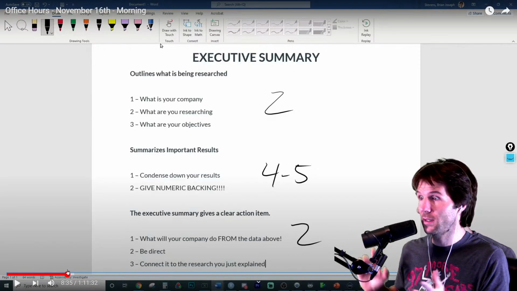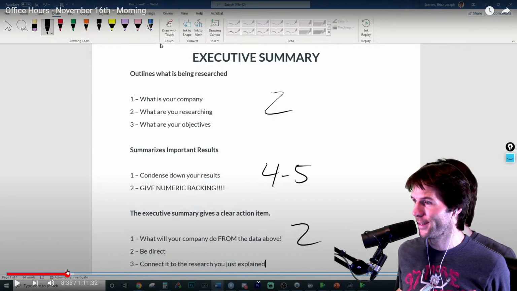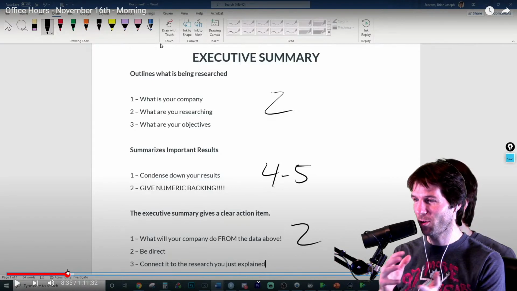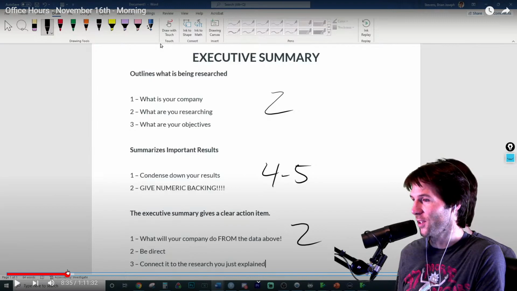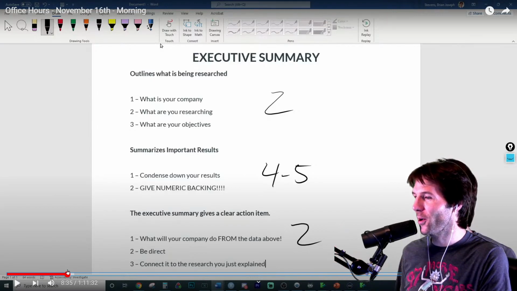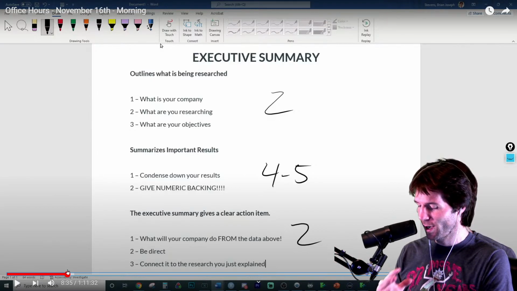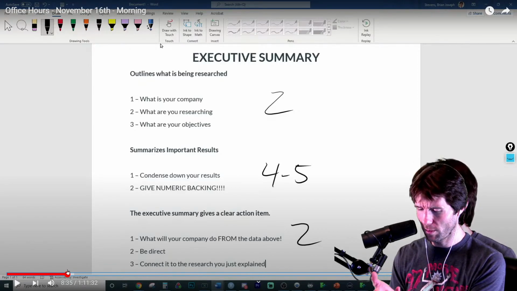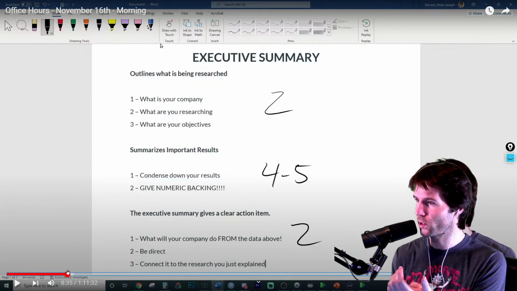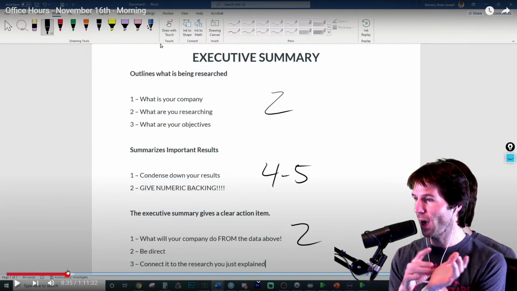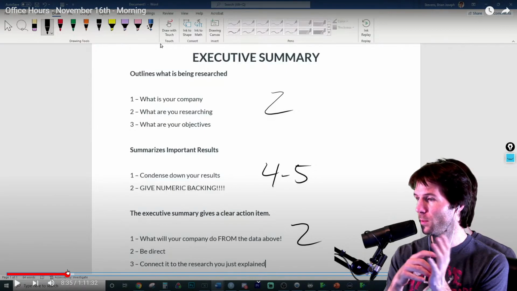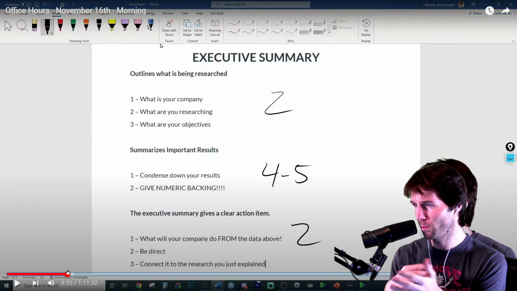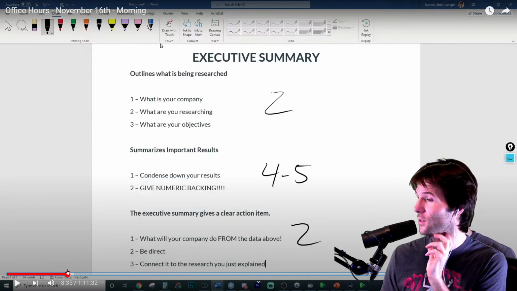So the whole point of this is someone's not reading your report. Which you might say, why am I writing a report? Well, you have to give the report to give the whole backing. And then this is like the Cliff Notes. Cliff Notes are so popular that companies want a Cliff Notes now. They're like, give me the elevator pitch for your report. And then they're like, let me look at their graphs and stuff to see the support for these conclusions. So you've got the backing in the report for everything you've done, but then you're going to take everything in your report and put it down into the Cliff Notes because the company's like, can you please just summarize this report? Can you make an executive summary?